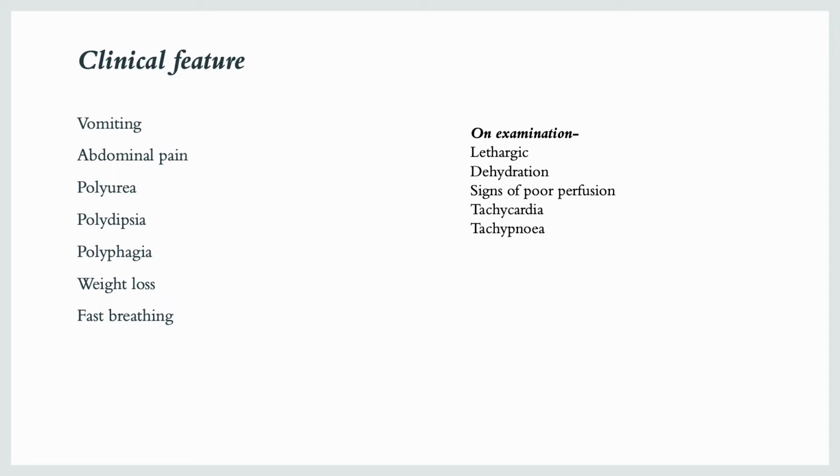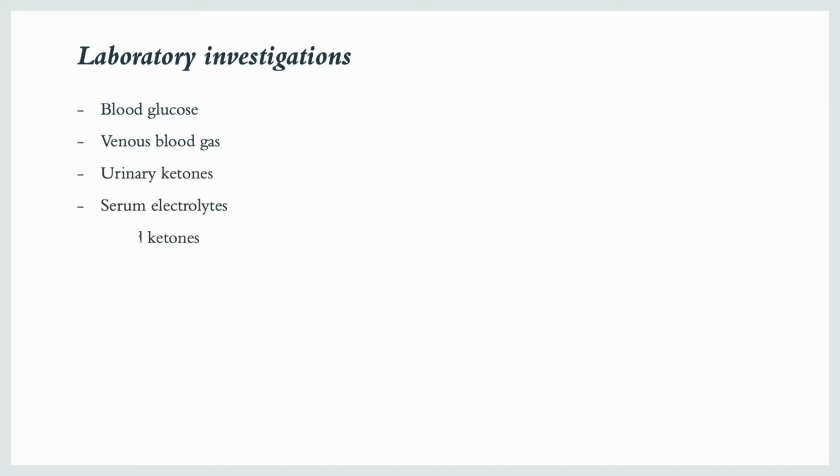Child will be lethargic, dehydrated, with signs of poor perfusion, tachycardia, tachypnea. Okay, so now coming to laboratory investigations. These are the basic laboratory investigations you have to order in every child you suspect of DKA: